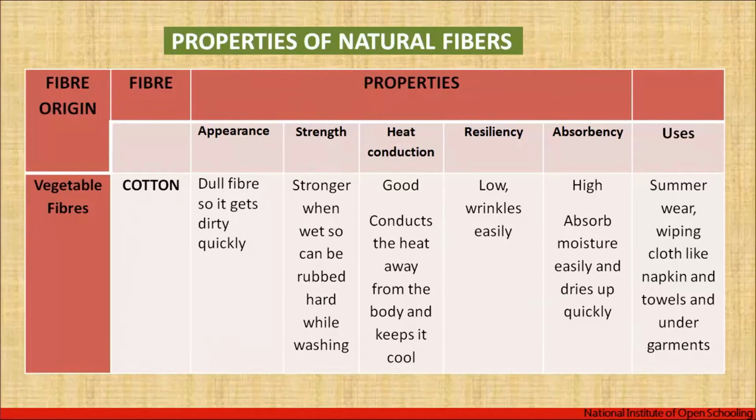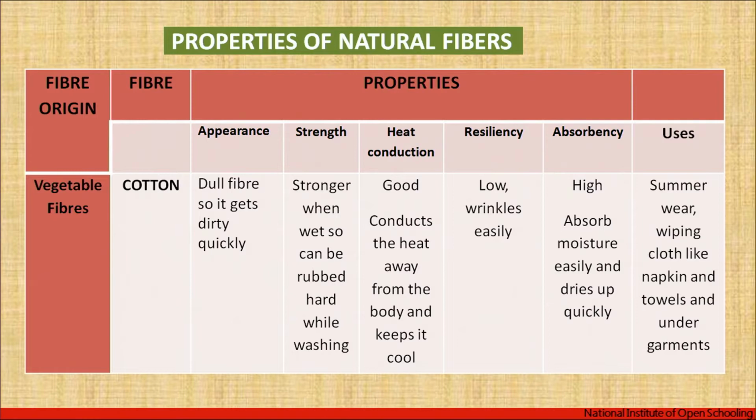So the first fiber we have is the cotton fiber. Its appearance is dull, and it gets easily dirty. Cotton fiber usually occurs in the form of staple fiber. Staple fibers, as we know, are small fibers